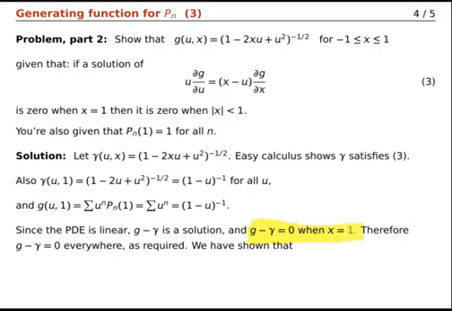Also, we've shown that g and gamma satisfy the partial differential equation. Therefore, g minus gamma is also a solution because this partial differential equation here, equation 3, is a linear equation. So, g minus gamma is a function which satisfies the partial differential equation. It equals 0 when x equals 1, and using this fact here, it follows that g minus gamma is 0